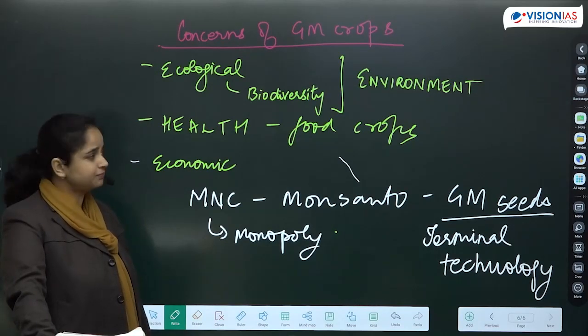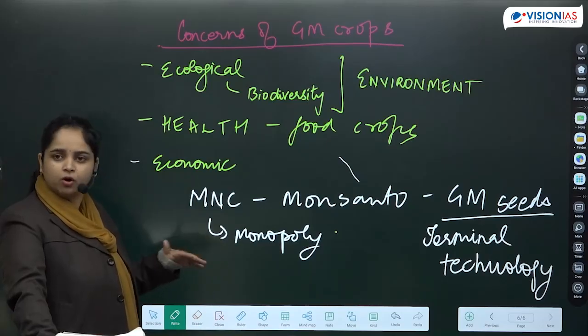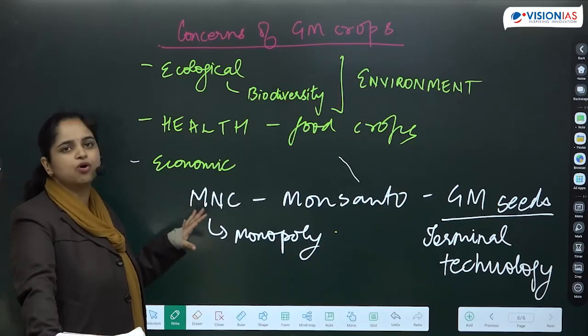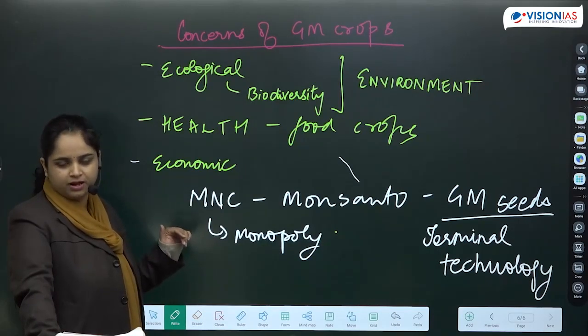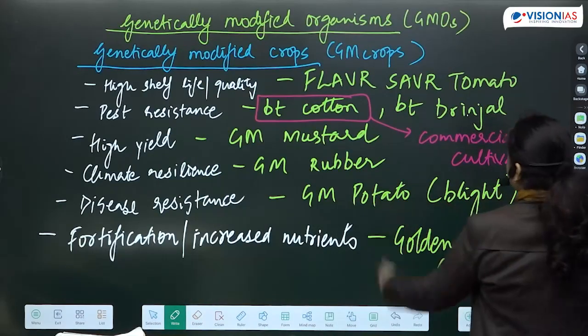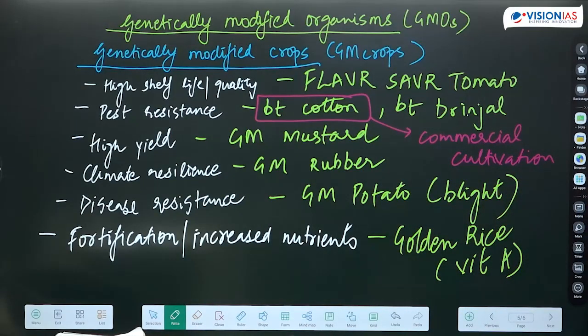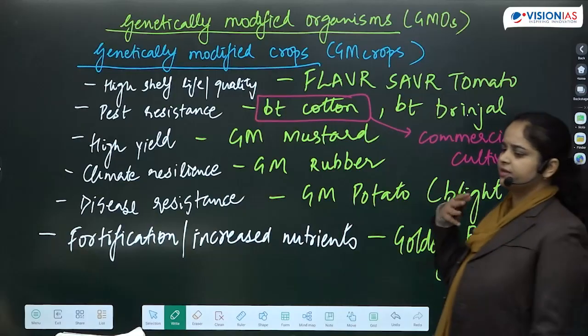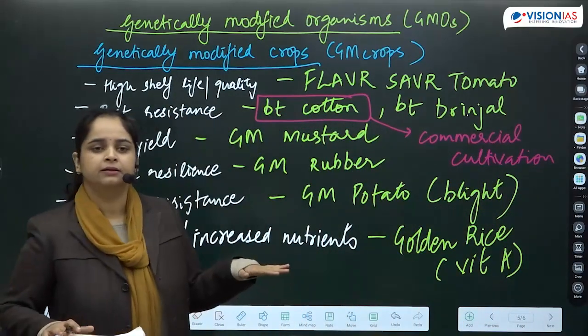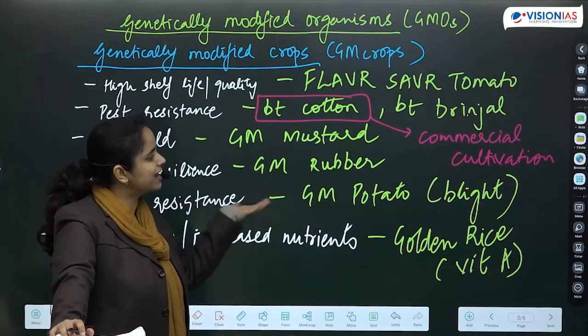ठीक है? You'll get to read a lot about GM crops. There is one very big issue of their regulation. Okay, that is how it is usually discussed. जैसे कि currently जो GM mustard का issue चल रहा है, ठीक है? GM mustard was ready to use many years ago, more than 10 years ago, but it still hasn't come out